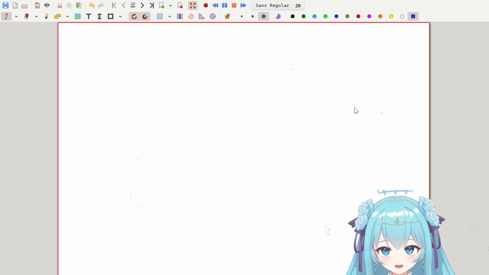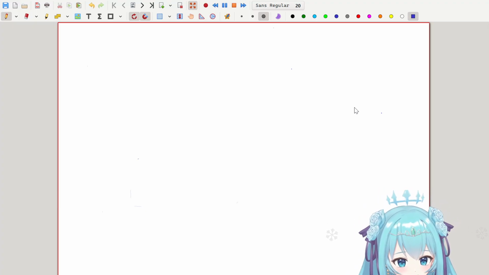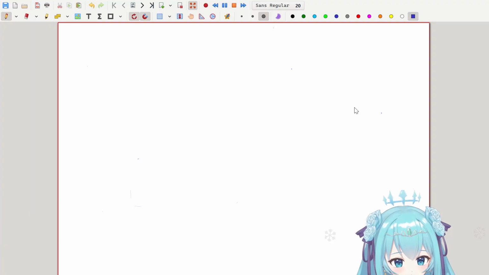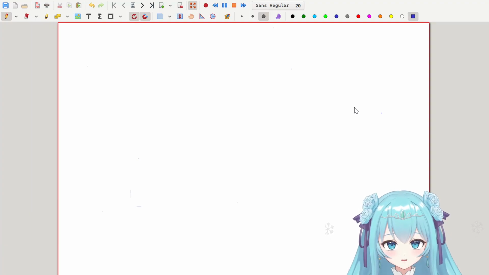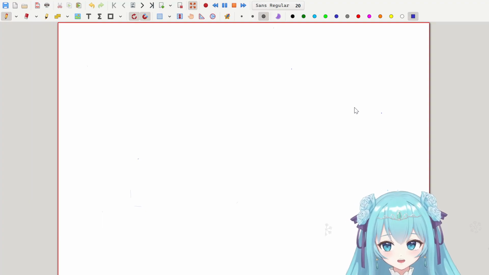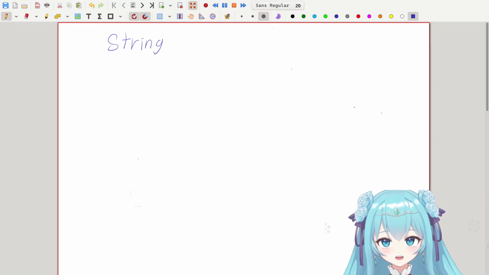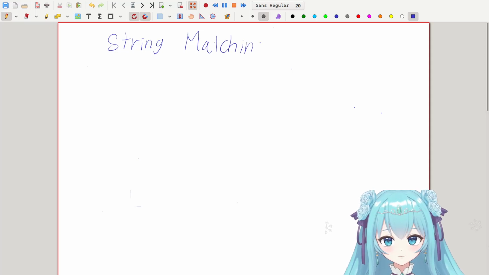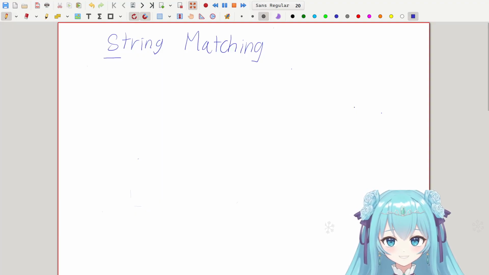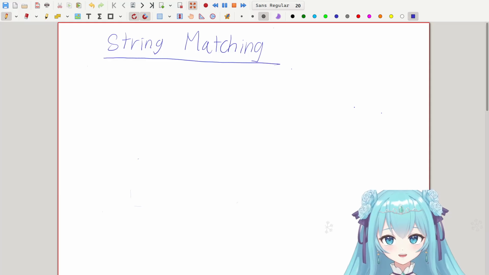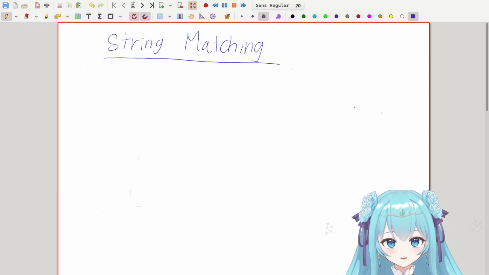Hello. Today we'll be covering an important topic under algorithms, and this subtopic is called string matching. So what string matching is about is basically allowing us to do Control F